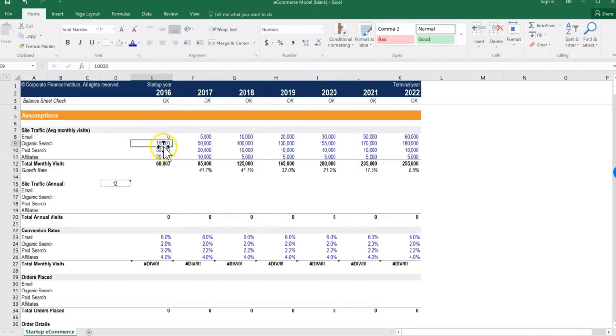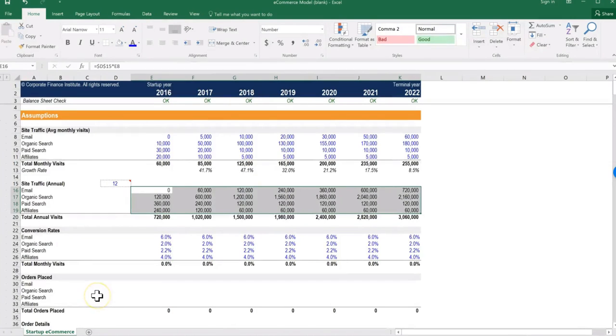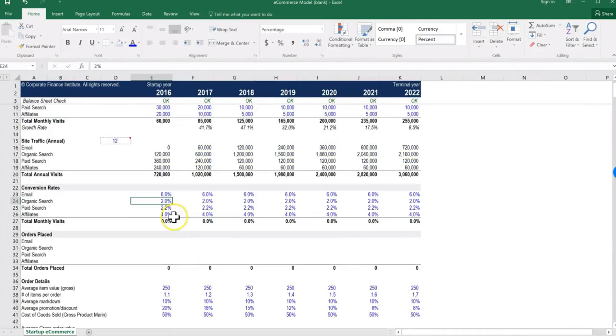Once you've inputted the average monthly visits by channel, let's multiply those out to get the annual. Link to this cell and press F4 to lock it in place, and then multiply it by the top left channel. You can select the area below and press Ctrl D to fill down. Select the area to the right, holding Shift, and then press Ctrl R to fill right. For a review on any of these shortcuts, please take our Fundamentals of Financial Modeling course.